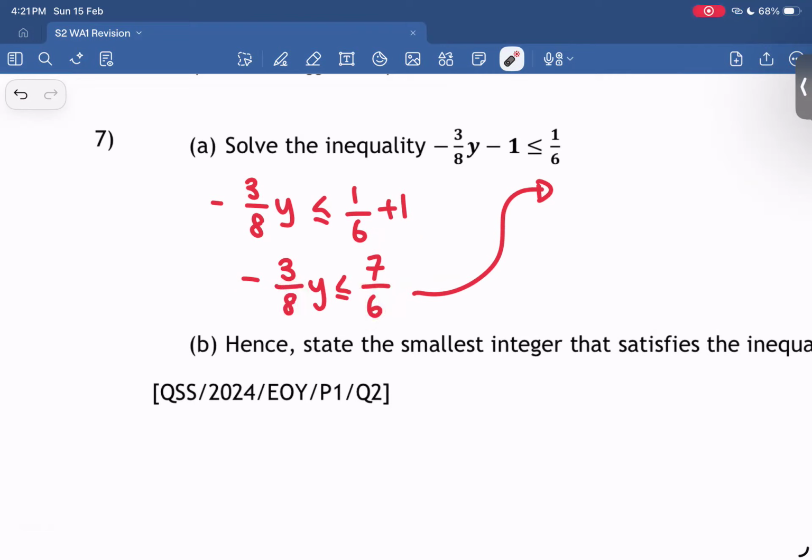So multiply it one by one. Over here, I got -3 over 8y, right? So let's multiply the first denominator, which is 8. So I will times 8 on the left. So I'll times 8 and times 8. So what's going to happen here is I will get